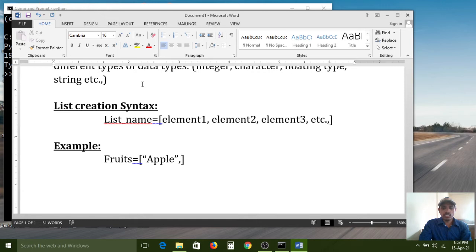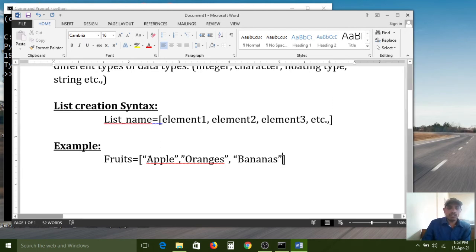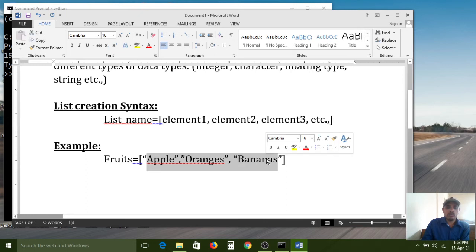Apples, oranges, bananas, like that. In a fruit shop we have 3 types of fruits, so that's why the fruits list was created.